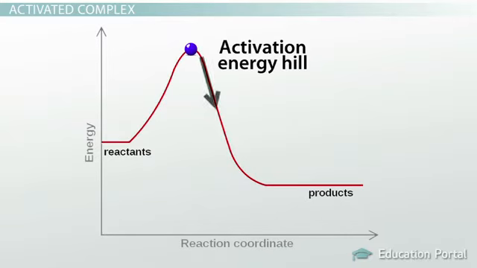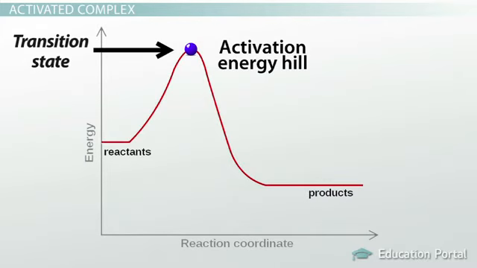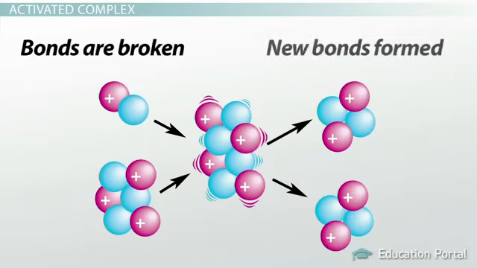After that, there's a 50-50 chance of the reaction happening, either going over the hill and down the other side, or of not happening and falling back down the hill toward the starting point. At that point, on the very top of the hill, just like the one in the graph you just saw, the reactants are in a transition state. During this state, molecules are colliding with enough energy so that bonds are broken and new ones are formed.